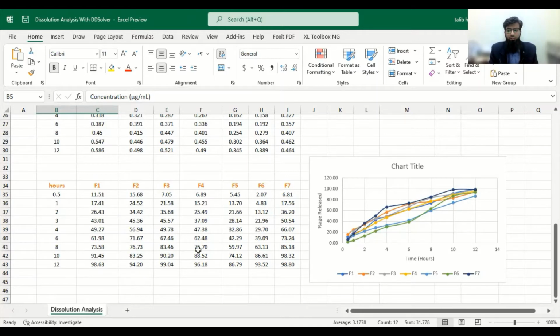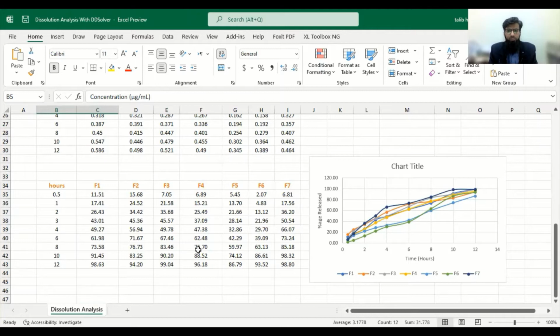Today we will start by applying some different kinetics. For that, we will require an add-in program, which is DD Solver. It is a freeware and can be downloaded. I will share a link in the description also. You can download it and run it on a sheet where you want to apply it. Every time you require DD Solver, you have to run it on that sheet again.